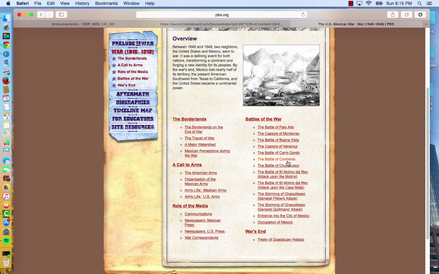So if you come across some articles which are very tiny, very short, don't worry. If that's the case, then just write about two of these battles. So in other words, you can choose one longer article, especially from these areas here, and the Treaty of Guadalupe Hidalgo, or if you want to focus it on battles, then just choose two of these. That'll work out just fine. But in terms of the articles that have more meat on them, definitely these articles here and the one here about the Treaty of Guadalupe Hidalgo itself. But let's say one of you wants to focus in on the U.S. press, so let's click that.